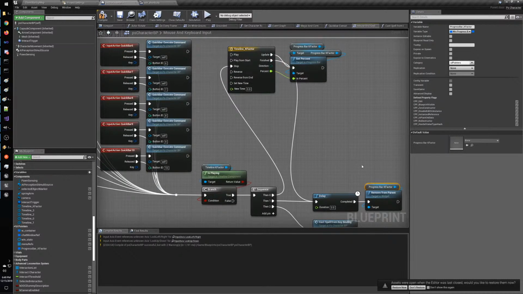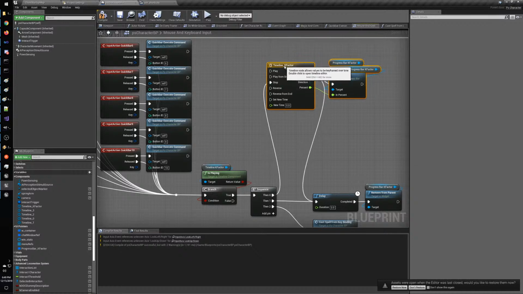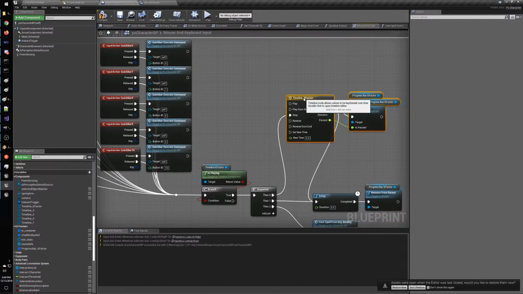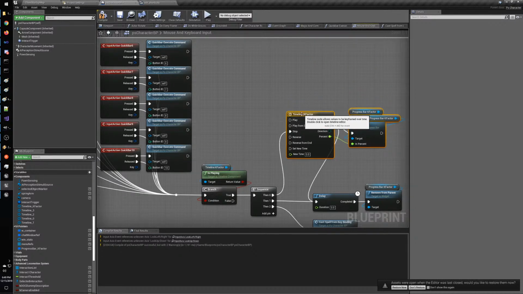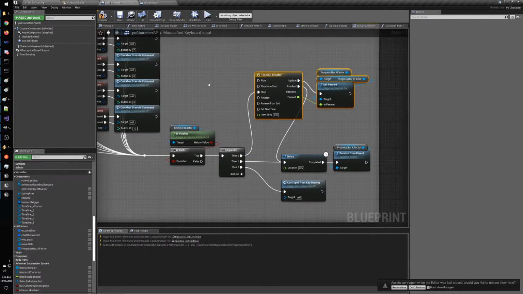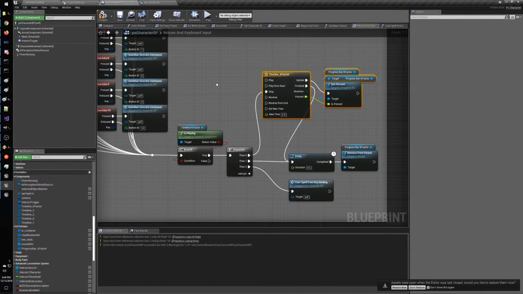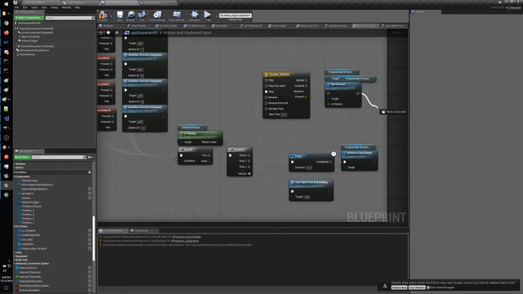Okay, I think it's fine. So what are we doing? We still have to set this percentage into a variable. I think here we need to set it, otherwise